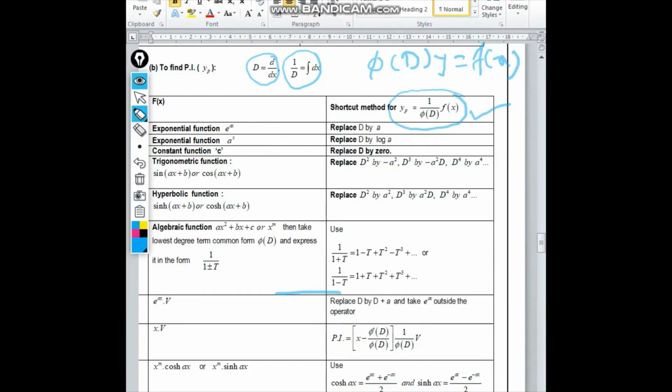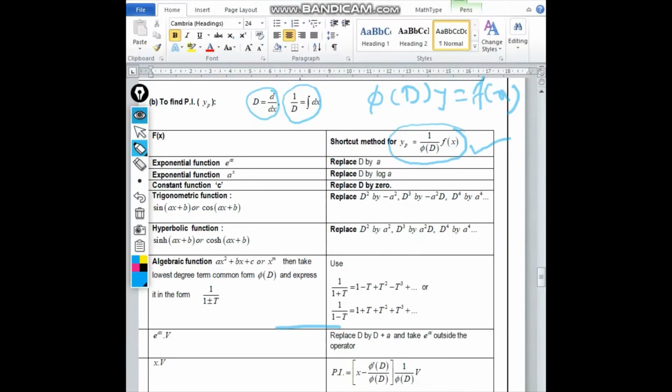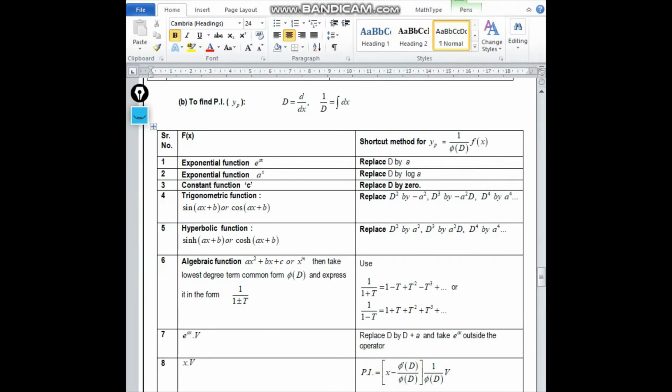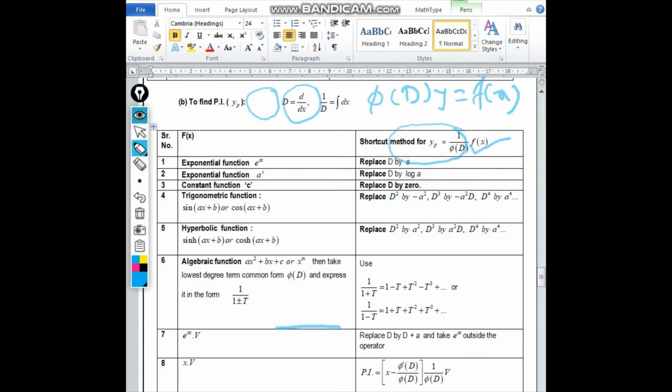There are nearly a total of 11 shortcut methods that we have for getting the particular solution. Out of that, we just completed the first five. The first one is the exponential function e raised to ax. So whenever we come across e raised to ax, replace D by a in that phi of D, in this function of D,